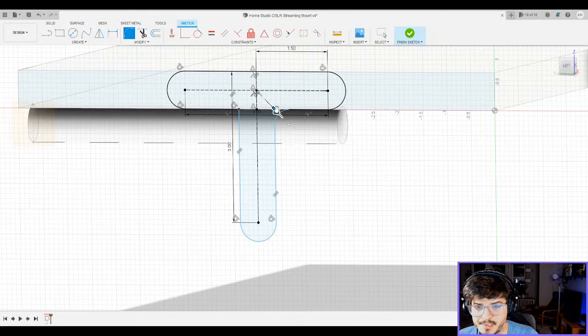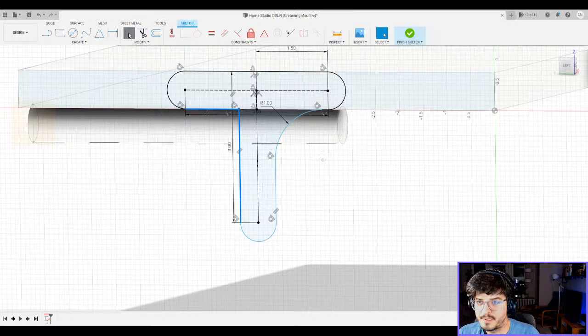We're going to turn this into a... This is looking worse and worse, isn't it? Okay, let's do 1.5. No, that's too far. 1 it is. Okay. Let's also round off this one as well.